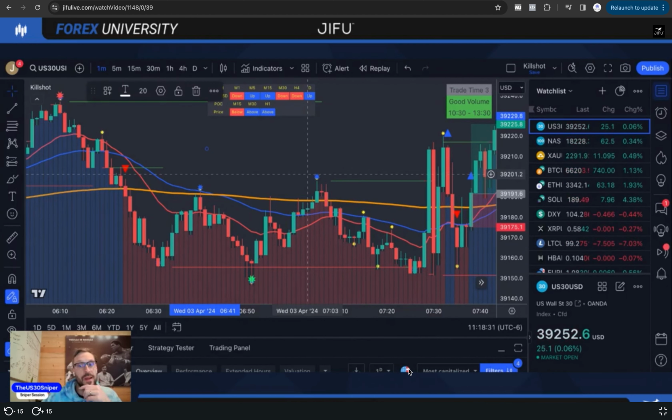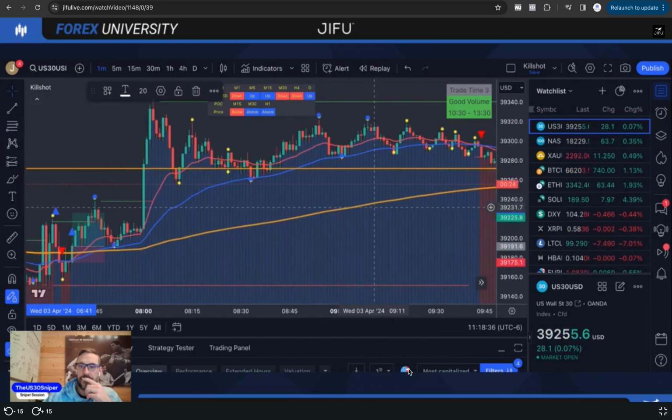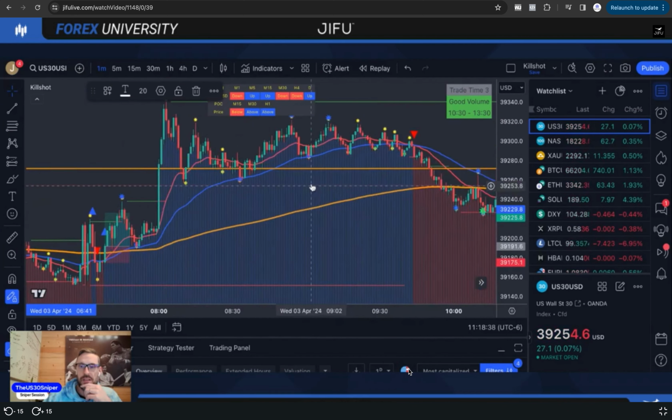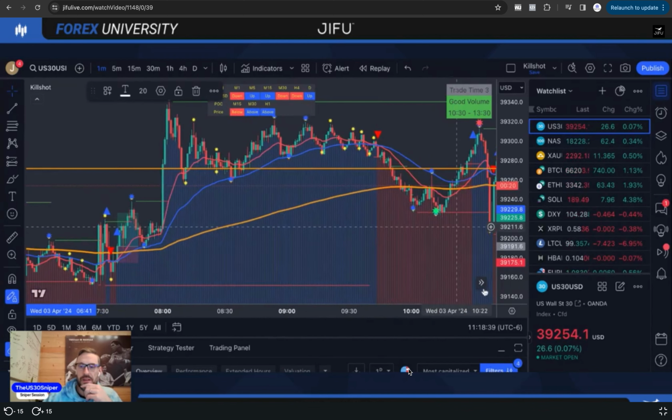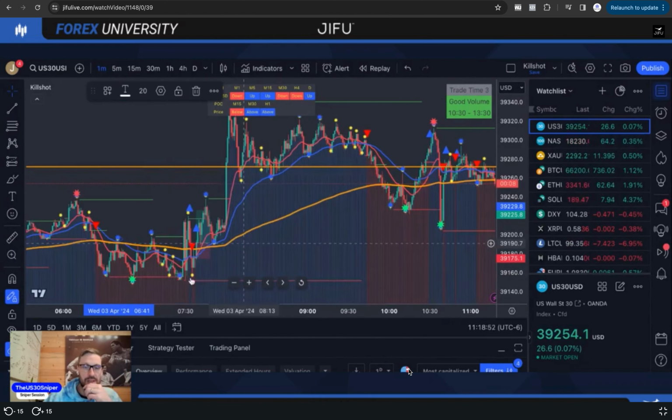And this is why we would have waited that pullback out, because this thing has reversed right back down. And we're going to have to take a look at this counter move here. Right, I just wanted to see it break above, pull back, and then head up. And it's pulled back right to this 238 again. So we're going to see what it wants to do here. I think this is going to hold and still push up. But once again, this thing's consolidating like crazy.